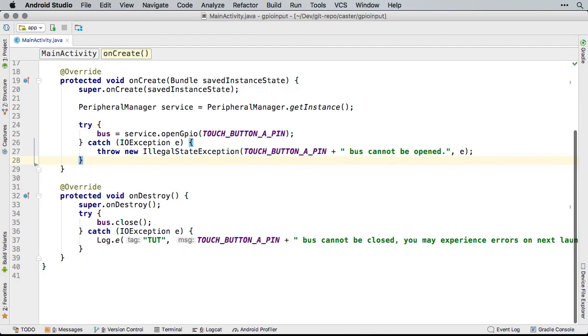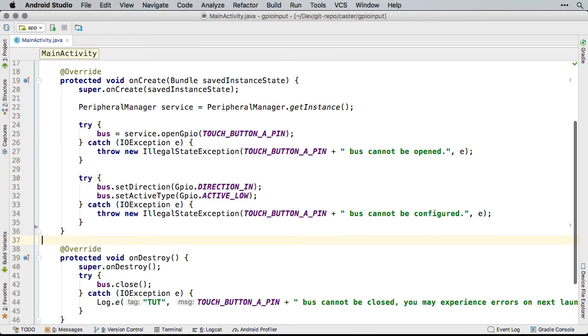Once we have a connection to the GPIO bus, we now have to configure our pin for GPIO input from a button. We set the direction to in using this code. This means we are telling the GPIO bus that we expect to use this pin as an input, i.e., we expect to receive information from the peripheral on this pin. We set the active type to low